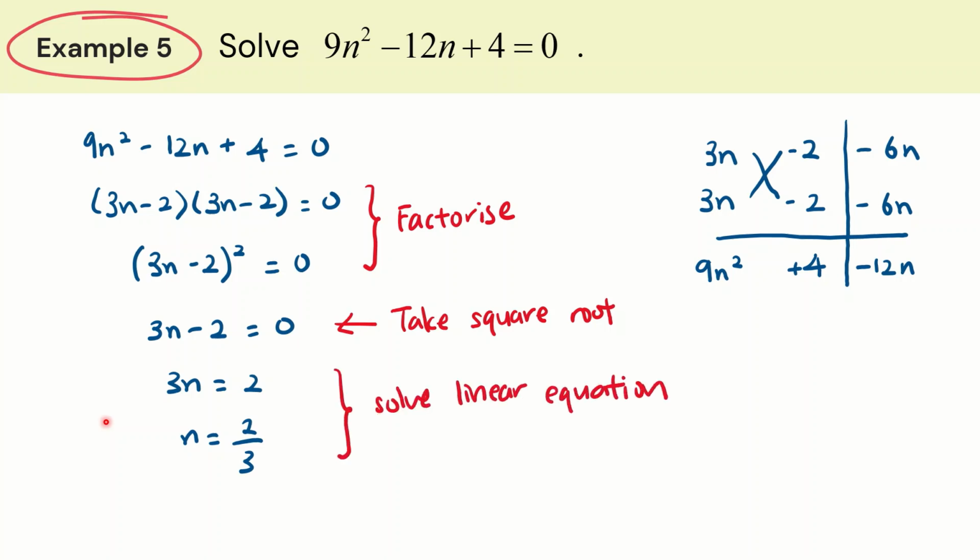Therefore, in this particular question, we see that instead of having two solutions, I'm getting one solution of n equals 2/3. The reason why we have only one solution is because our two factors over here are actually the same. Okay, so that is one of the reasons why n equals 2/3 is the only answer